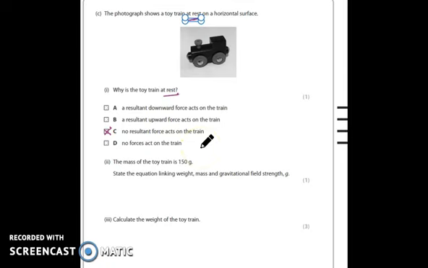Part 2. The mass of the toy train is 150 grams. So, important information, mass of the train. State the equation linking weight, mass, and gravitational field strength, G. Now, you can write this in symbol form or you can write it in word form. So, as words, it would be weight